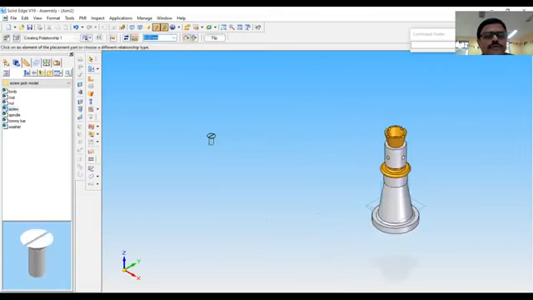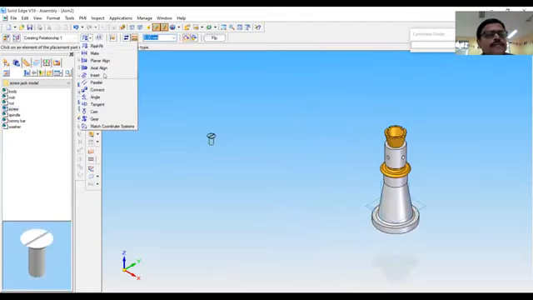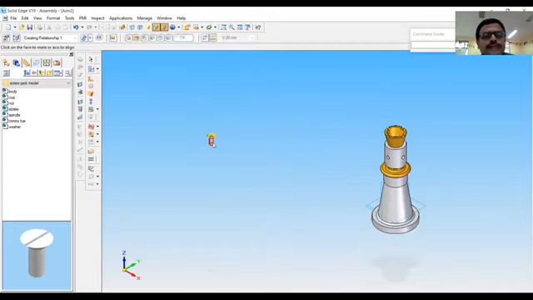Double click on the screw, insert, axial align, then the axis of this. Then you can see the mate option.